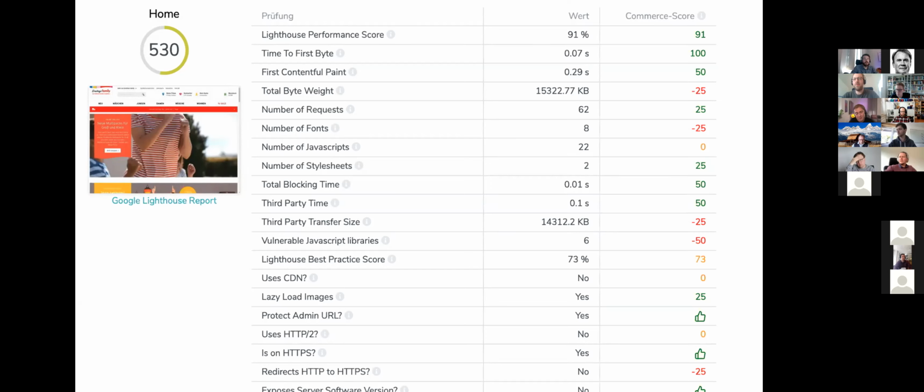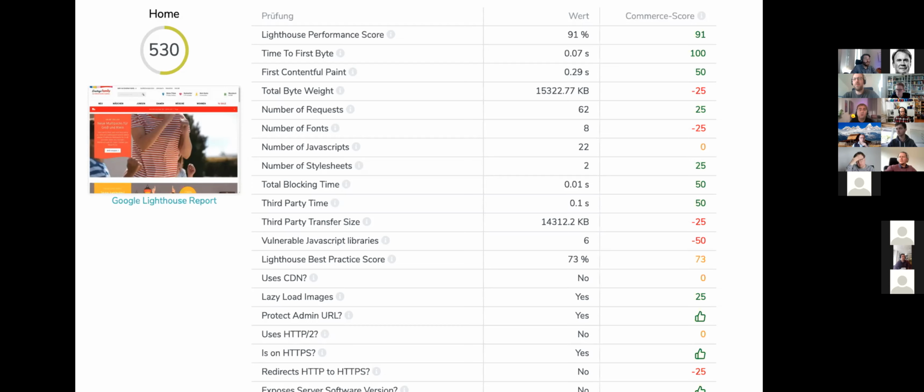So basically what happens here is that if you analyze your shop, then the result will be that you really get a simple to-do list. You start by fixing everything that is red. And if you then have some energy and some budget left, then you go ahead and fix everything that is yellow. And if you're done with that and everything is green, then your shop will have improved in performance overall,